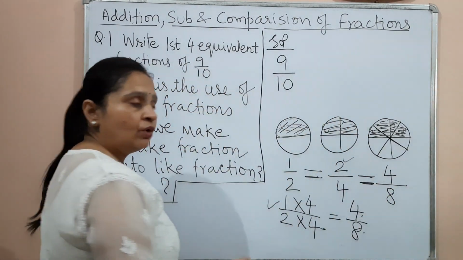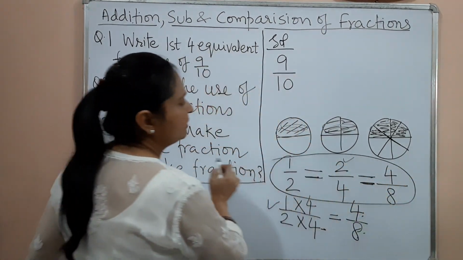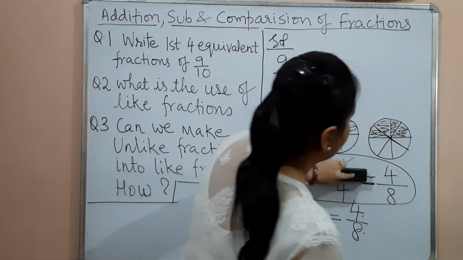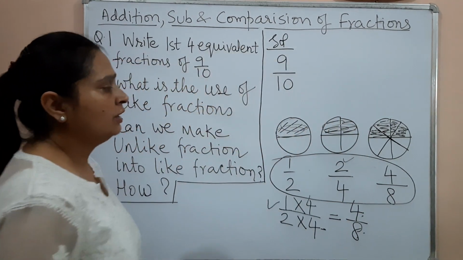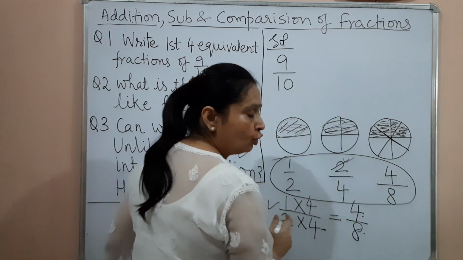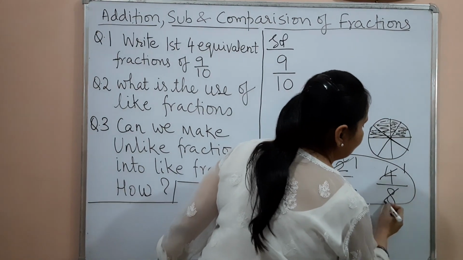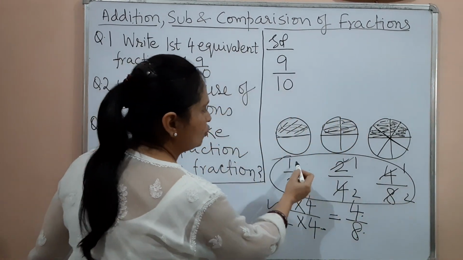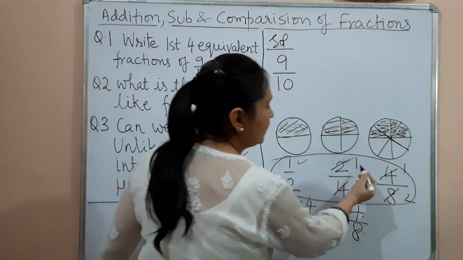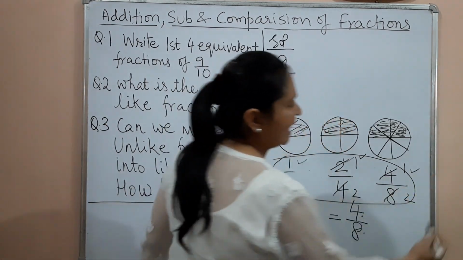These are equal fractions. On the other hand, if somebody asks me whether these three are equivalent, nobody has given you this sign, then what are you going to do? You are going to divide, bring it to the lowest term. 2 1s are 2, 2 2s are 4. 4 1s are 4, 4 2s are 8. And in all the cases you can see this was half already in the lowest term. This I brought to the lowest term, I got 1 by 2. This also I brought to the lowest term, I got 1 by 2.